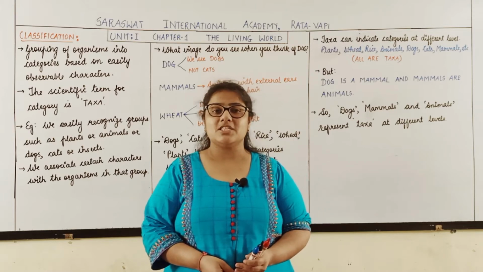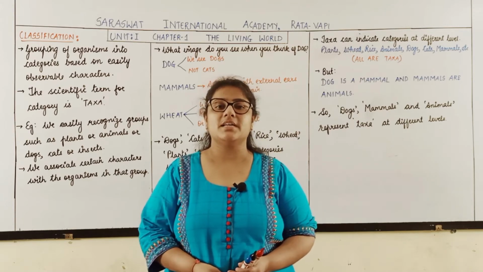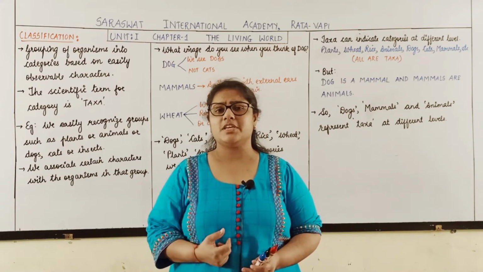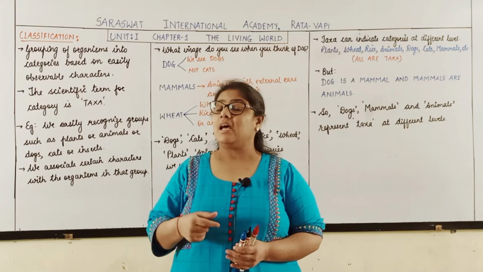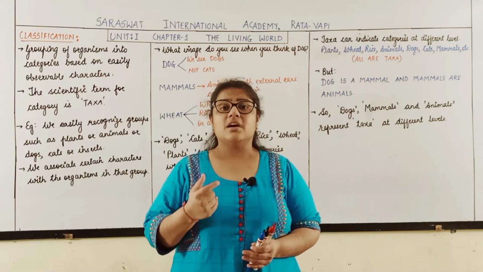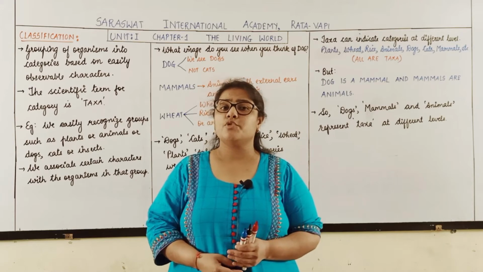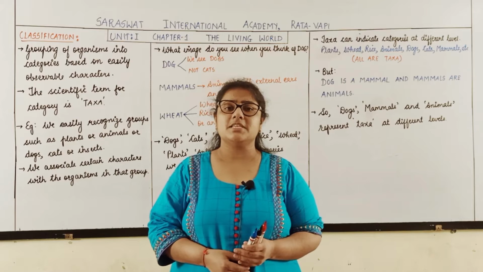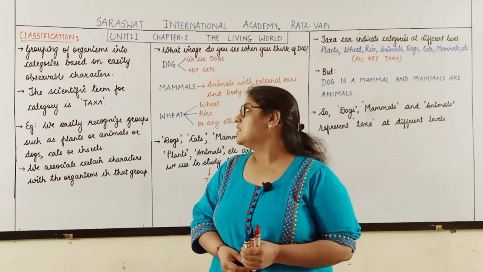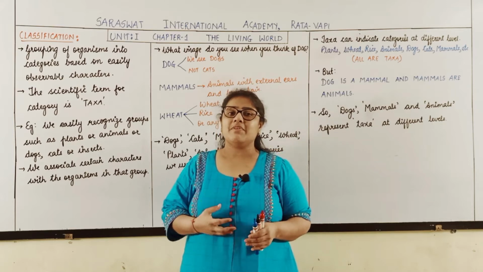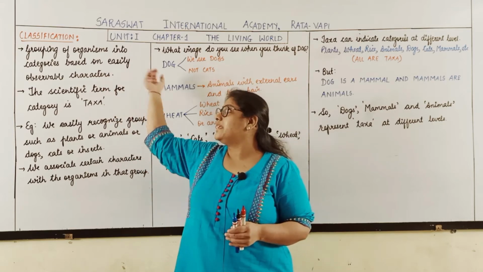Students, in the last lecture we discussed some points regarding systematics, which includes identification, classification, and nomenclature. Lastly, we studied binomial nomenclature, which means the organism's name consists of two words. The first word is the generic name and the second is the specific epithet. Right students? Today we will continue with that point, but we will deal in detail with the